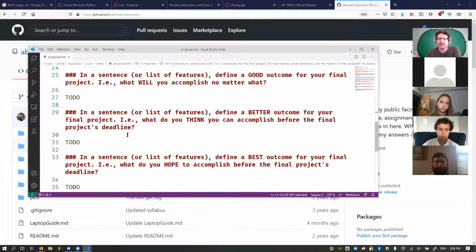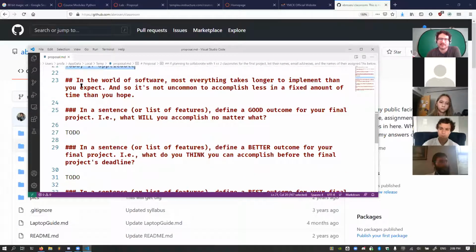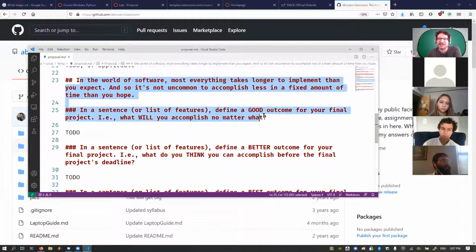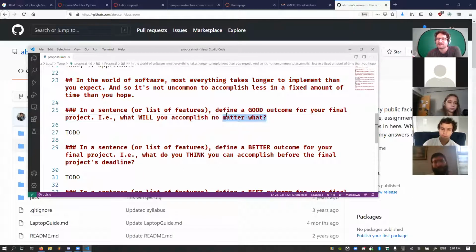And then here's the really interesting part. In the world of software, most everything takes longer to implement than you expect. So it's not uncommon to accomplish less in a fixed amount of time than you hope. In a sentence or list of features, for those of you watching gaming news, how many times has Cyberpunk been delayed now? So define a good outcome for your final project.